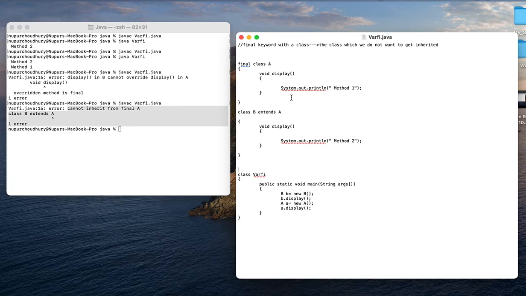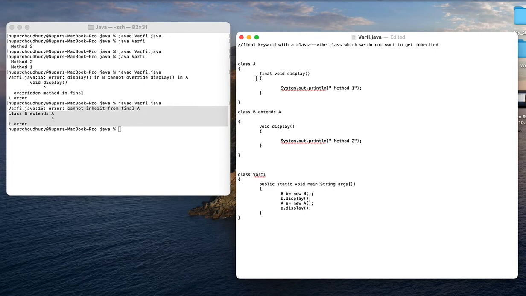Now one of the questions which was there was, if a method is mentioned as final, does that method get inherited? That method will be inherited, no doubt, but it cannot be overridden by some other method, okay. That method will be inherited even if I use final here.